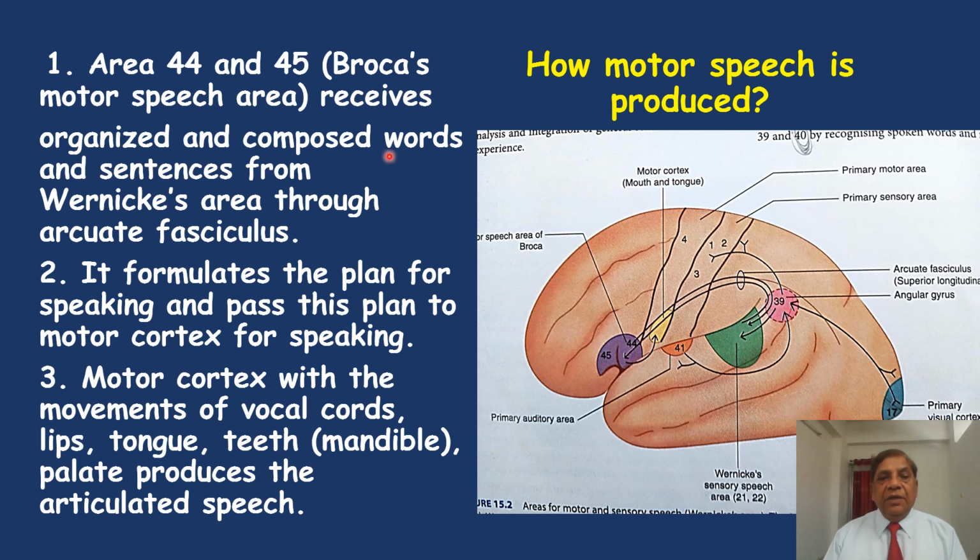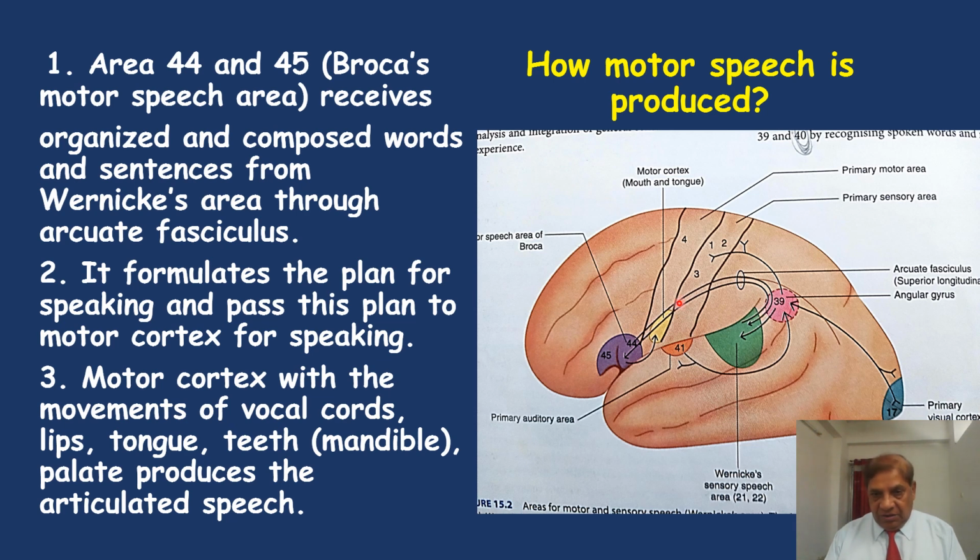Area 44 and 46, no, it is 45, sorry. Area 44 and 45 of the Broca's motor speech area, as it is known, receives the organized and composed words in a normal person. It organizes and composes words and sentences from Wernicke's area. See this, this is our Wernicke area in the superior temporal gyrus, and this is connected with the Broca's area with the help of a wide band of fibers, and this is known as the arcuate fasciculus